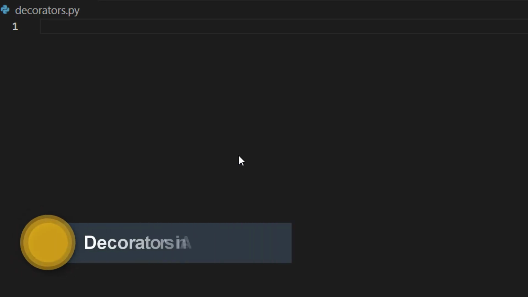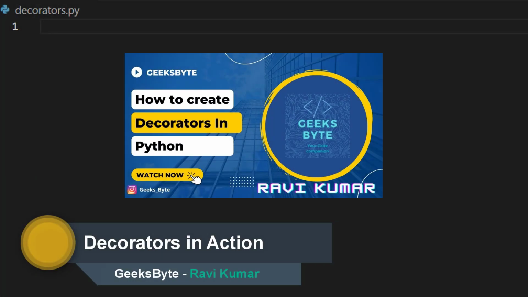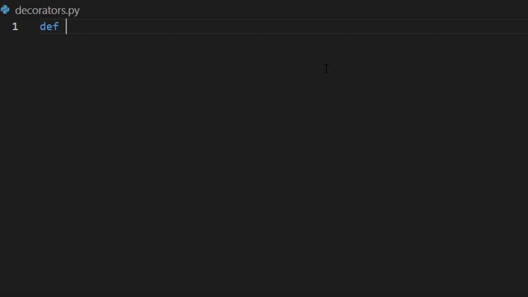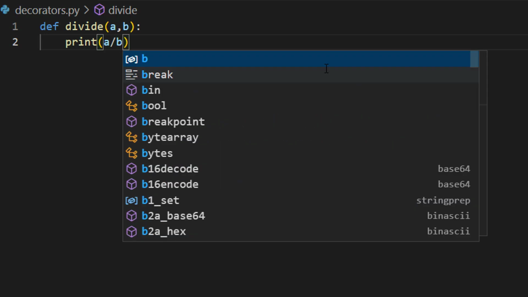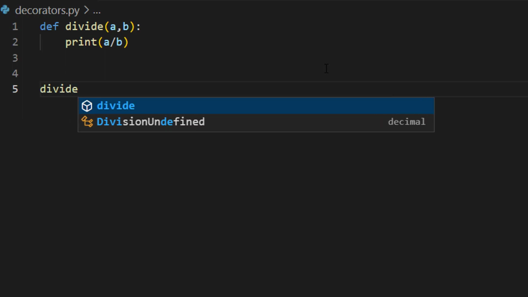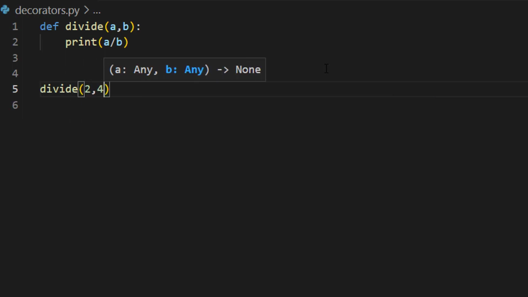Hi, in the previous video we have seen the basic introduction of decorators, and in this video we will take another example for decorator. So consider we have one function to divide two numbers a comma b, and here we are just printing the value of a comma b. Now let's try to call this function 2 comma 4, run it, and here we are getting